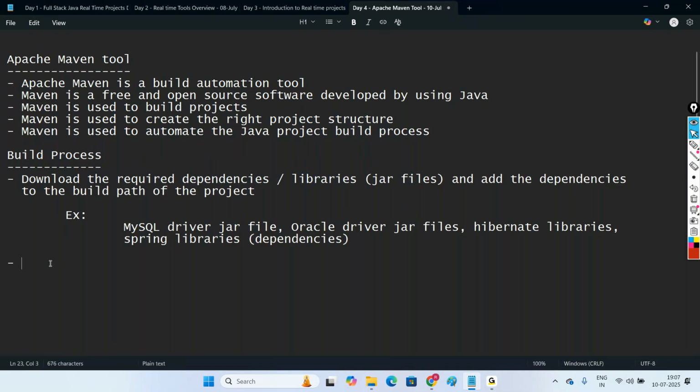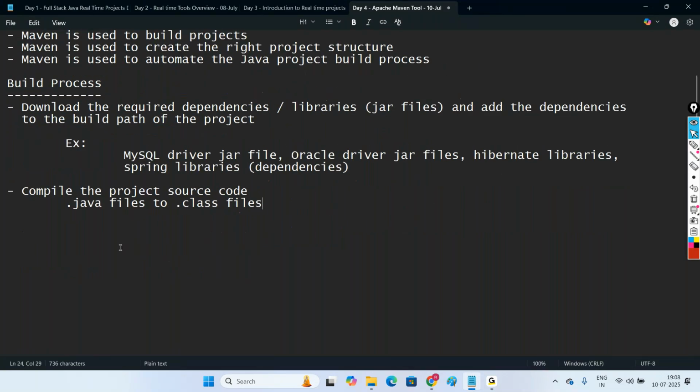Next thing is compile the project source code. Compile what? The project source code, meaning the .java files to .class files. What we do here, compilation means we have to convert all the .java files what you have created to .class files. Then the next one,